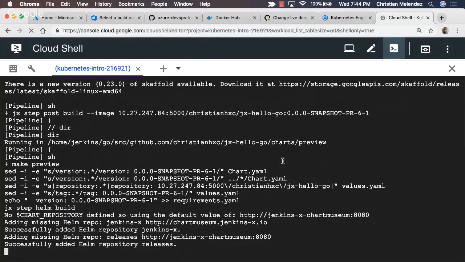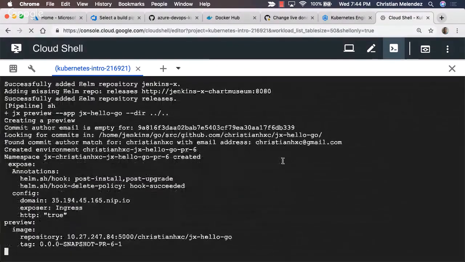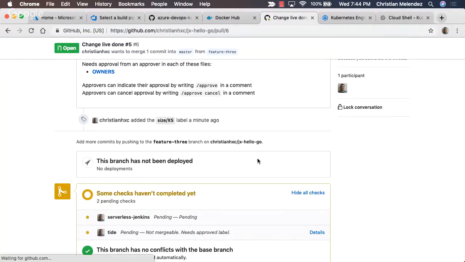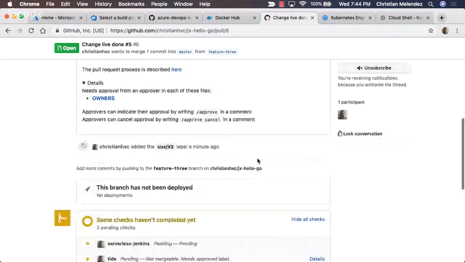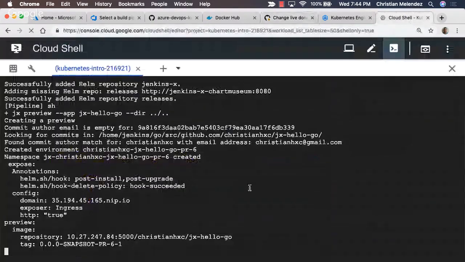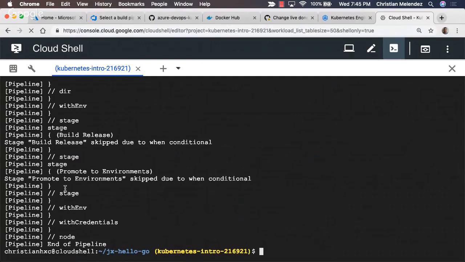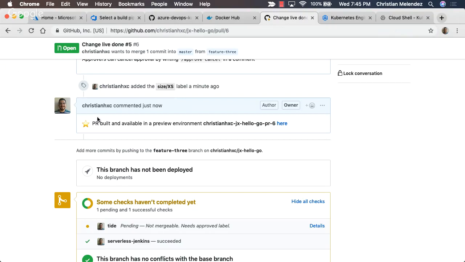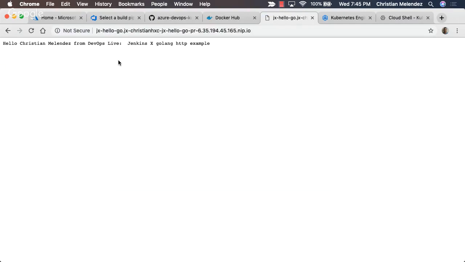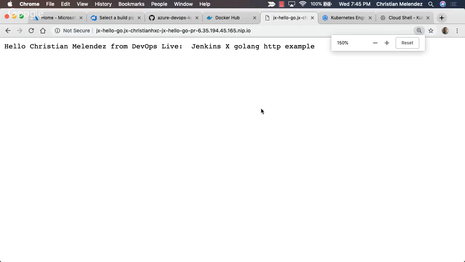Okay, it's almost done. Let's see if the comment has been created yet. Nope, not yet. It hasn't finished. You can integrate another set of tests here that will run automatically. But if you notice the logs and you have already worked with Jenkins pipelines, it is not something different. It is still the same. So you can see here pull request number 6, and here's the link to the preview environment. And if I click here, you can see that the change is there, right?